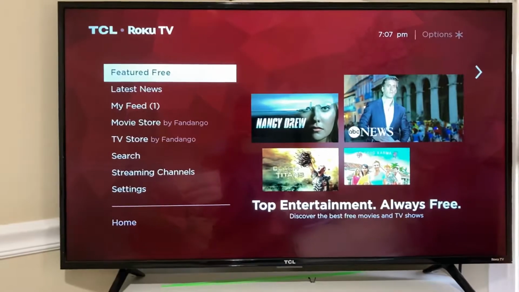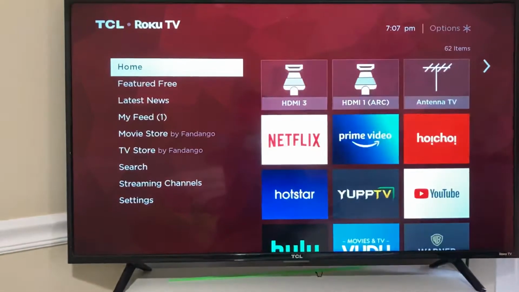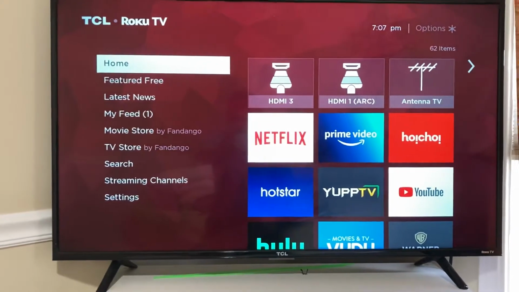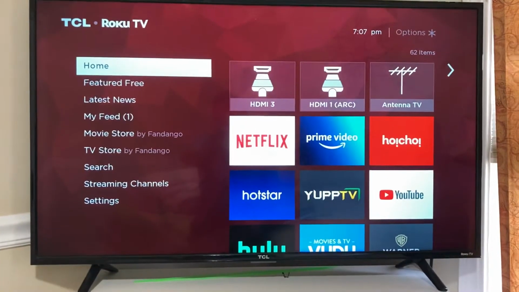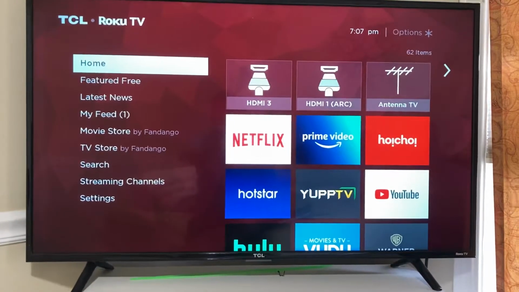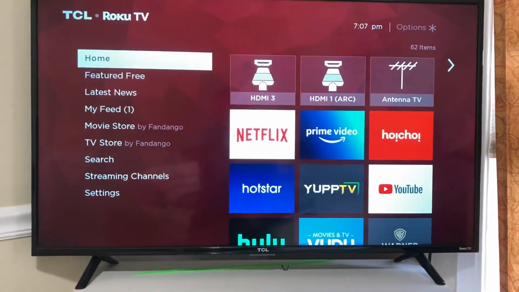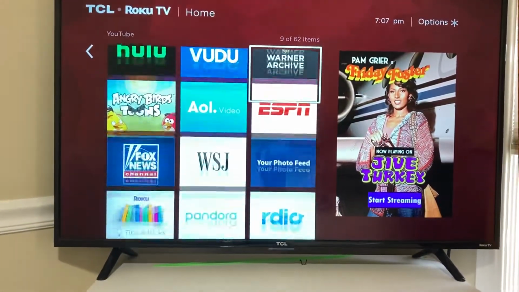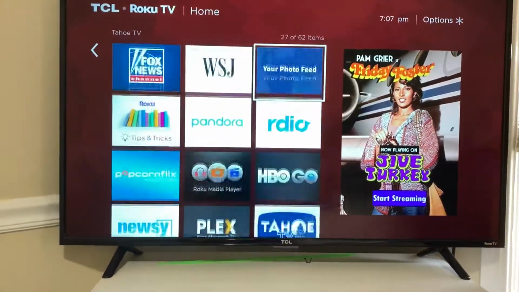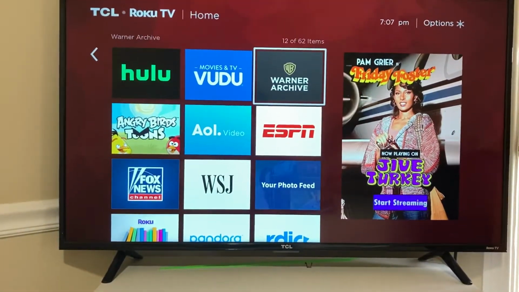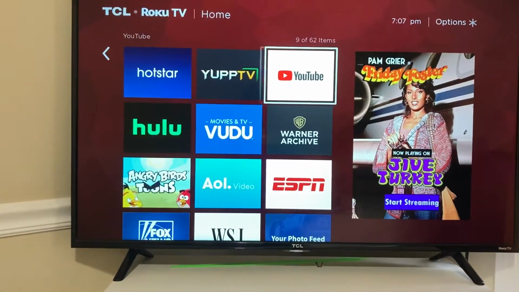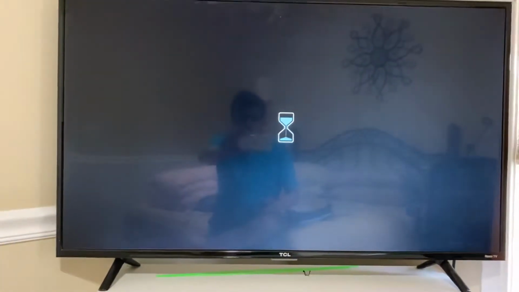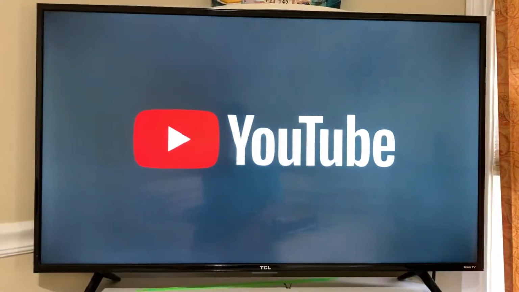I'm pressing the home button. It comes to the home and I see the YouTube app is there. There are arrows up, down, left, right, and there is a select key on your remote. Every remote pretty much has it. Keep pressing the right arrow key and search for the YouTube app. If it is not there, keep going down or up. You'll see the YouTube app and then find it. You see there is a box around it, and then you select it using the select button on your remote.